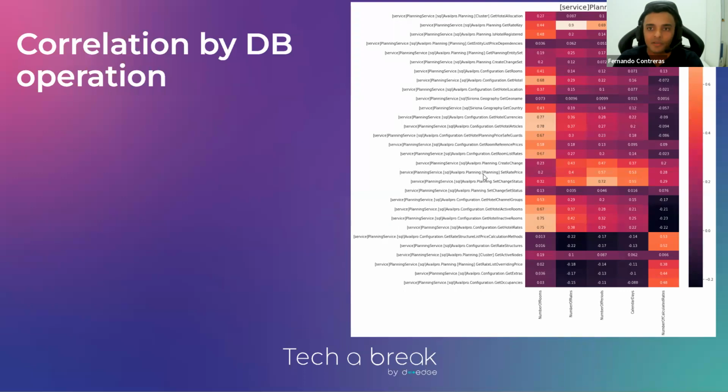We can also have the correlation between the business metrics and every single operation or activity on your application. In this case, I show you the different stored procedures and their correlation with the business metrics. And as you see here, the highest correlation is between the number of rates and the stored procedure call that